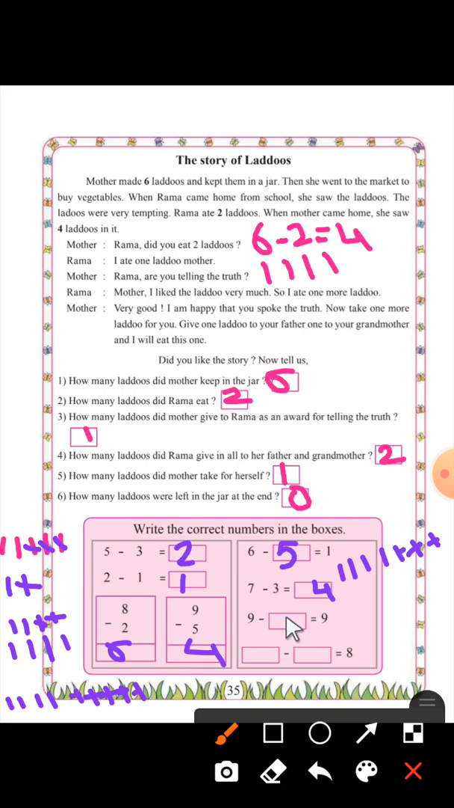9 minus dash is equal to 0. So 9 is equal to 9. 9 minus 0 is equal to 9. Here 4